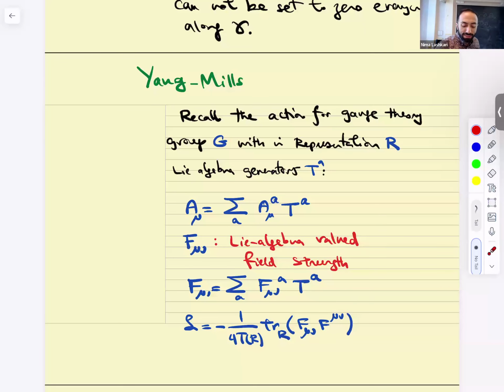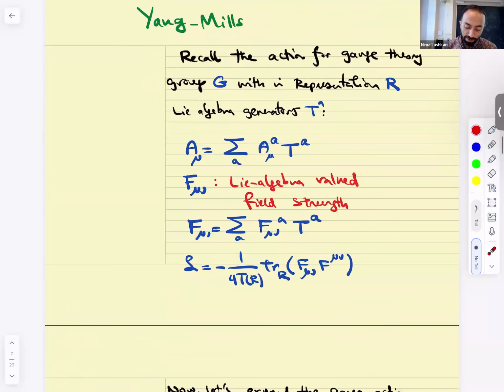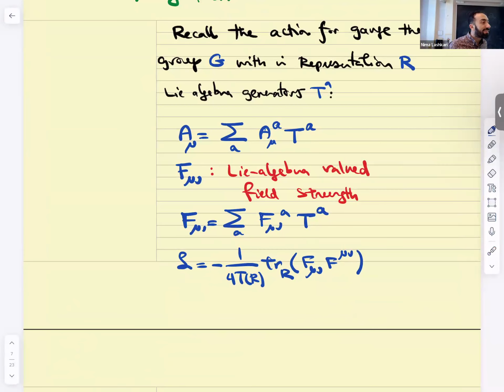Now, if you expand this action, on the spot, I'm going to put you guys on the spot. What are we going to get in terms of E and B's? E squared minus B squared. Minus, I'm not sure. But well, Lagrangian this, yeah, maybe. Yeah, that's right, yes, half. No, wait, sorry, maybe. That's right. Hamiltonian would be E squared plus B squared, right?